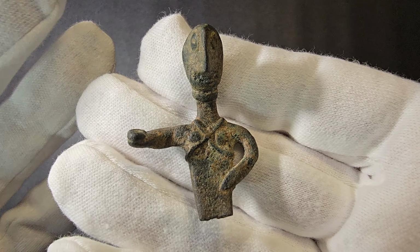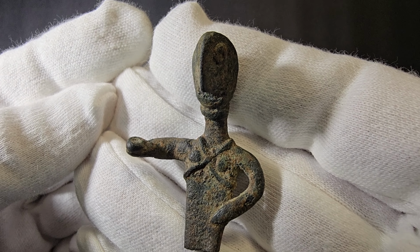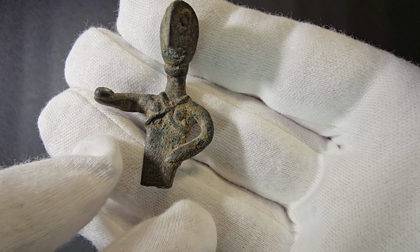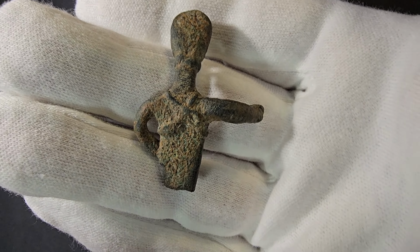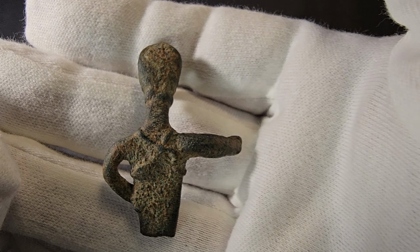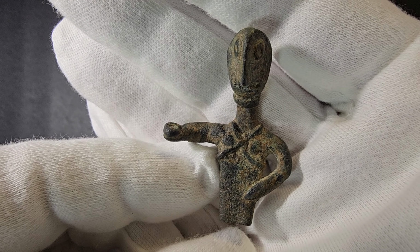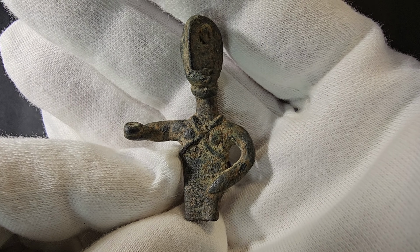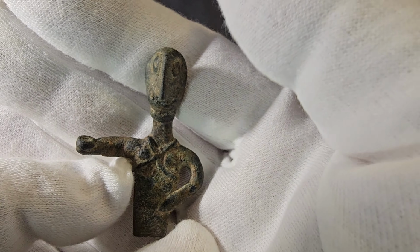The second figurine of the very similar type depicts also a figure which we might consider a goddess. Again, we may judge that by the appearance of the chest. We have very prominent belts crossed on her chest and her back. Perhaps it's a kind of harness or an armor or a rope, but most likely these are just belts. The right hand is also outstretched in a gesture of offering, and the left hand is resting on her hip